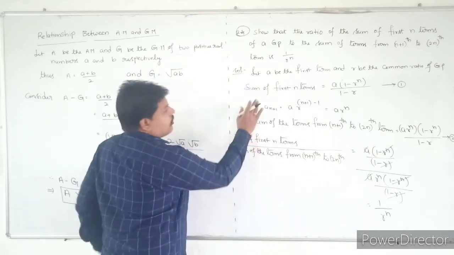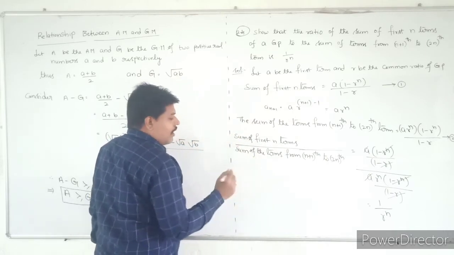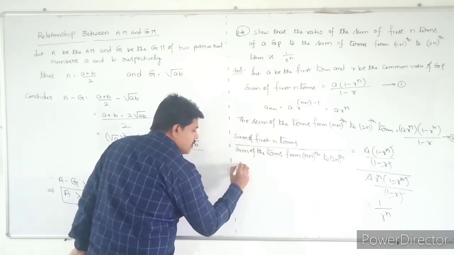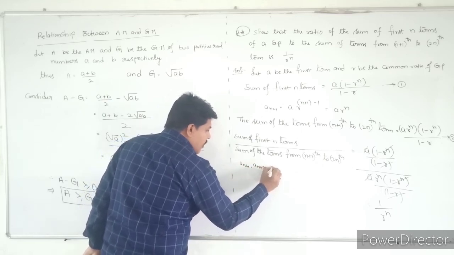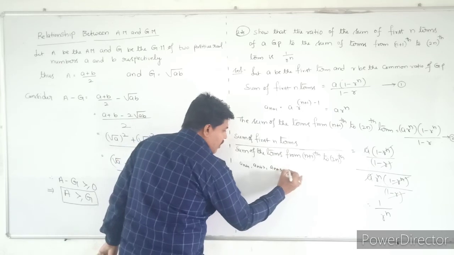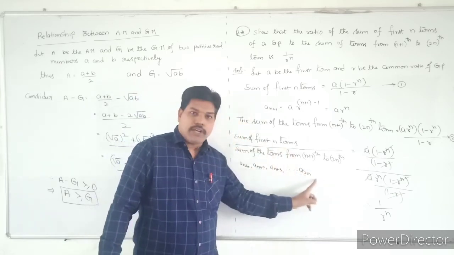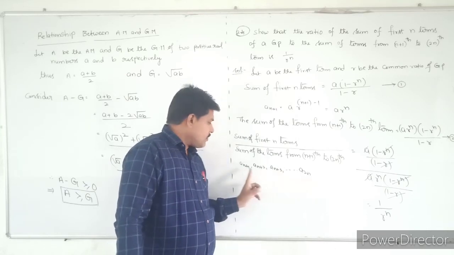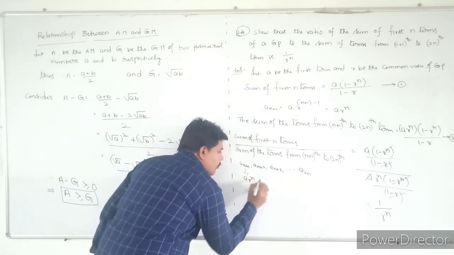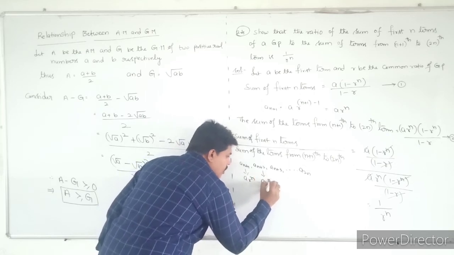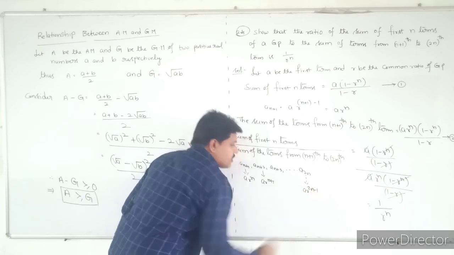We already know the formula for the sum of first n terms, but you have to observe what the n plus 1th term is. That is a n plus 1, a n plus 2, a n plus 3, and so on up to a 2n. This is the n plus 1th term to 2n terms. Do you understand that? So what is the first term here? This value is nothing but a into r power n. This value is nothing but a into r power n plus 1. This value is nothing but a into r power 2n minus 1.